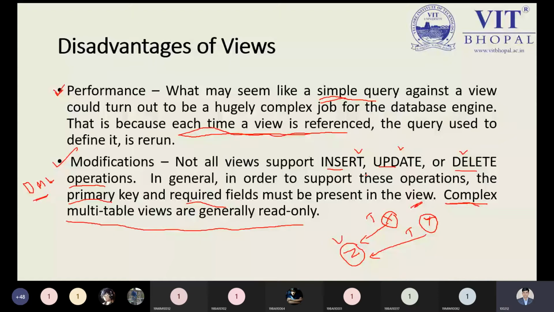We can read, but we can't update. These are the disadvantages of the view, and of course, while doing the practical, we will feel these disadvantages.